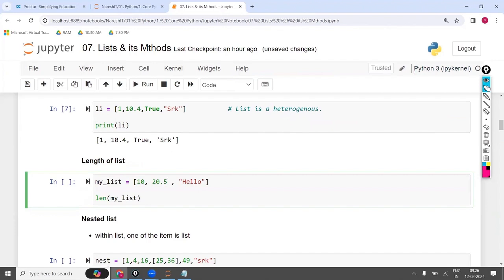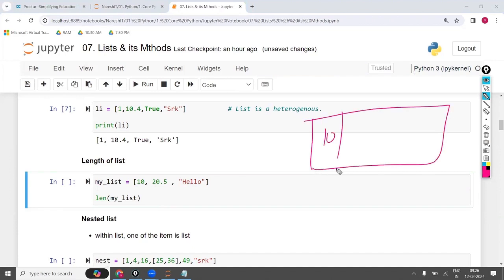How many items are there? 3 items. First item is 10, second item is 20.5, third item is hello. The length of this is 3.